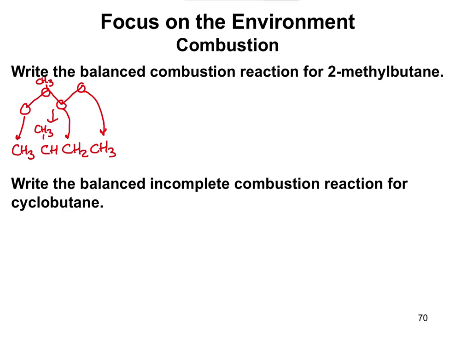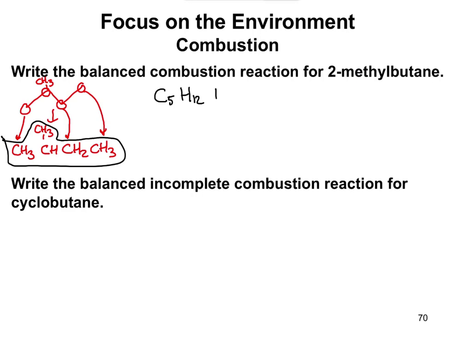So taking a look at that complete structure here, we can actually count and write a chemical formula for what this is. If we count, it's going to have 5 carbons, C5, and if we count all the hydrogens, it's going to be H12. Now, you could go through and count all the hydrogens, or you can remember the formula of CnH2n+2. That would also get you there. You find out that there's 5 carbons, then you multiply it by 2 and add 2 more.